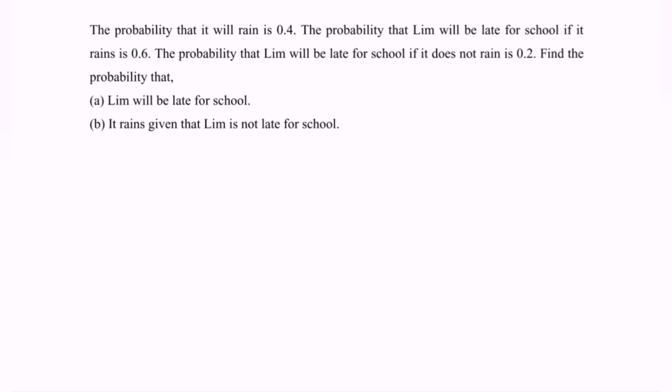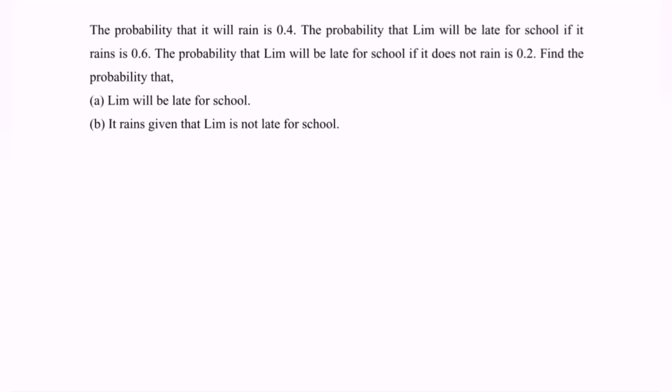In this video, I'm going to discuss the example for probability. The probability that it will rain is 0.4. The probability that Lim will be late for school if it rains is 0.6. The probability that Lim will be late for school if it does not rain is 0.2. Find the probability that